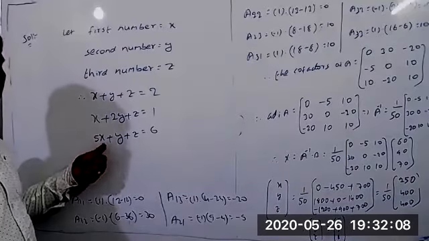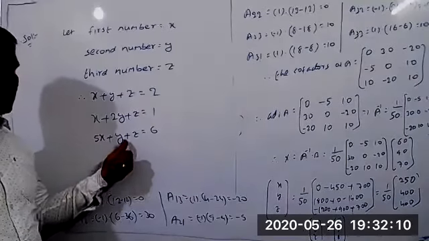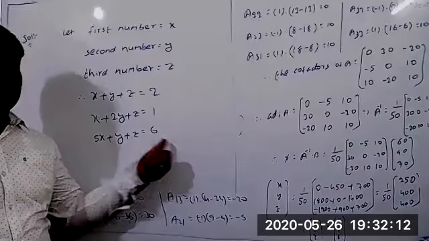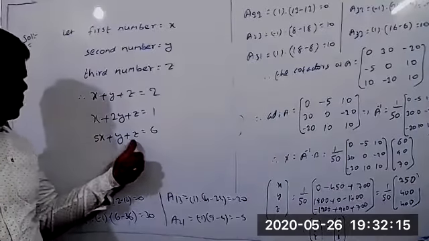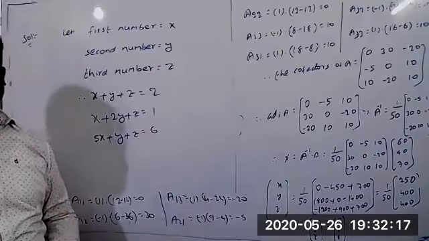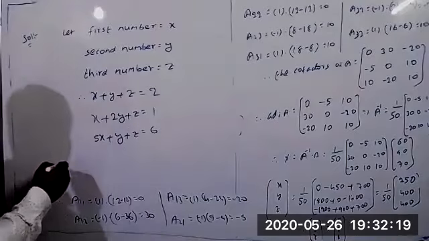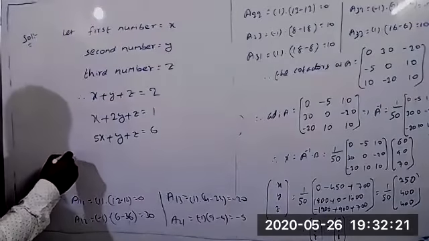5 times the first number added to the first, second, and third number is 6. So therefore, 5x plus y plus z equal to 6. Now we go into the matrix method. So therefore, now the matrix form of